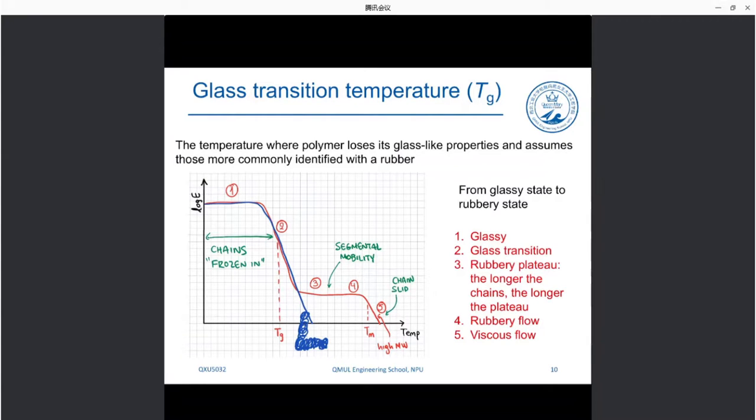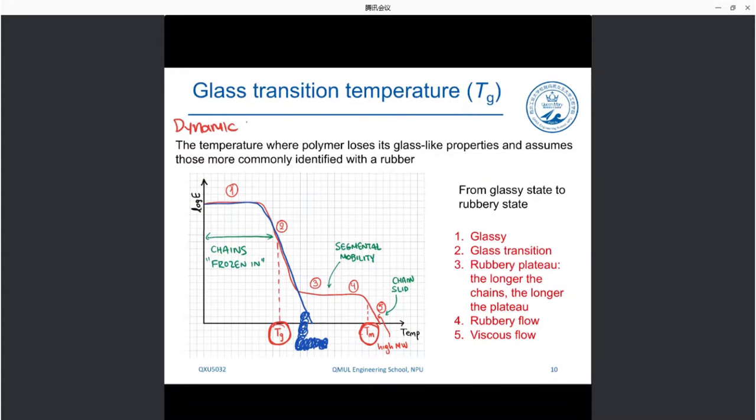Yes, it is a semi-crystalline polymer because you can see that it has both a glass transition and a melting point, okay? This is a graph that we generally produce with an experimental technique that is called